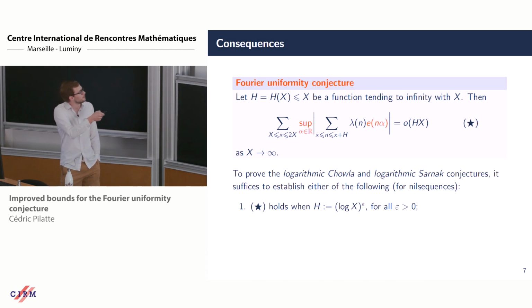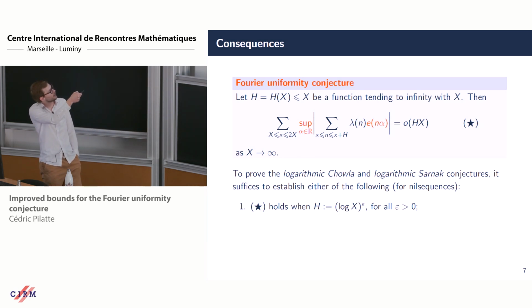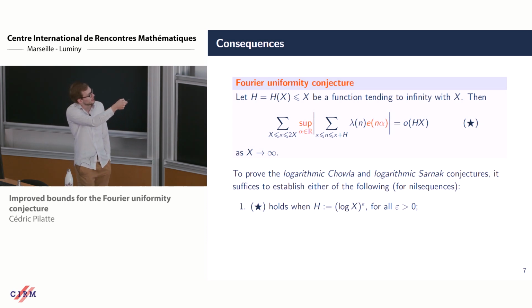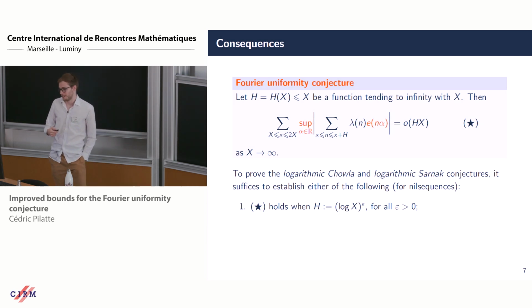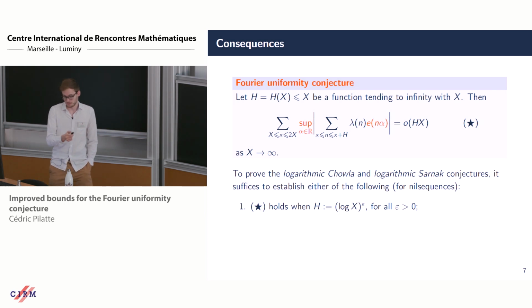And in fact, if you want to prove either of them, and you will have to, it's enough if you can prove this bound for intervals of size (log x)^epsilon for every epsilon. If you can prove that, then you will establish the logarithmic Chowla conjecture. And also,